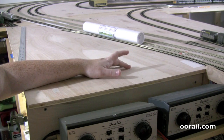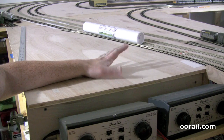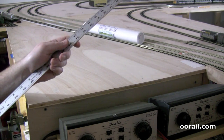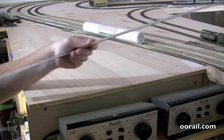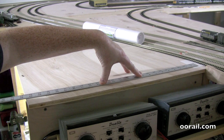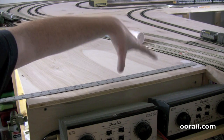Okay, so we're back at the layout here, and we're going to use a brand new X-Acto knife blade to go ahead and cut these edges off the ID Backscenes. So what I've done is I've taken this, I think it's about 36 inch long ruler, and it's metal. I cleaned it up on both sides just to make sure there's no residual things that might dirty the ID Backscenes. So the idea is that we're going to go and take the one that's currently on the wall